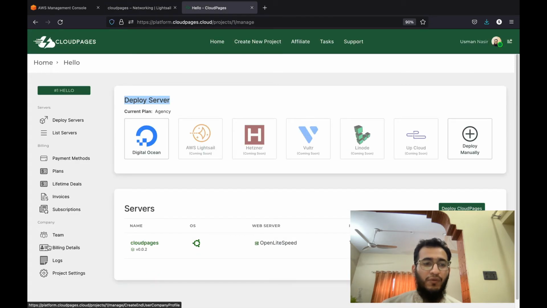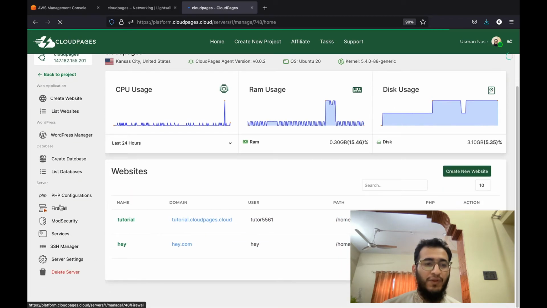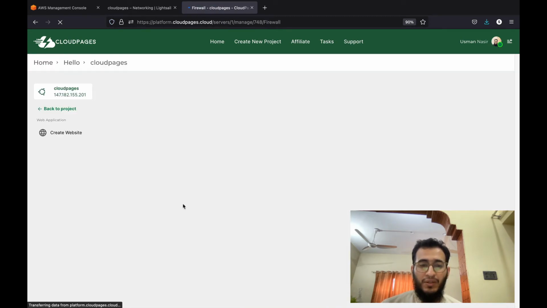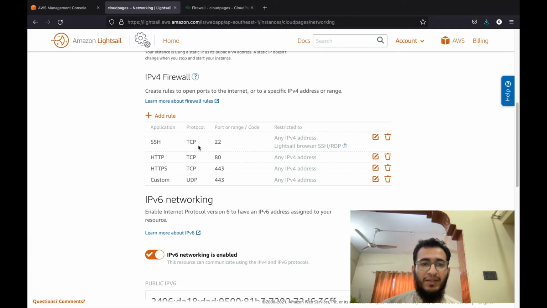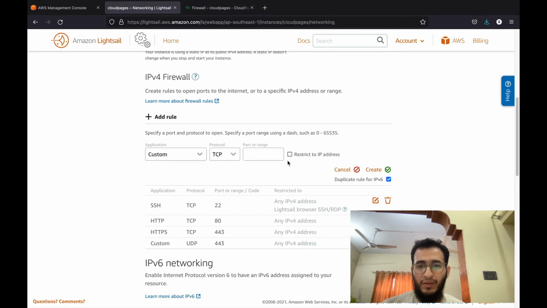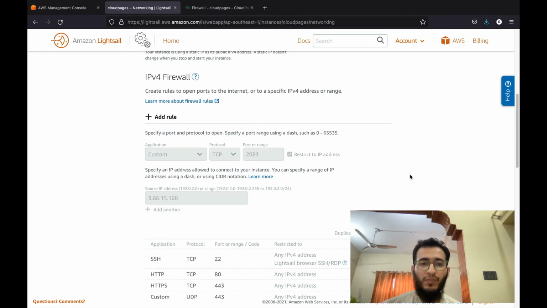we have to add one more port which CloudPages uses to communicate with your server. That port is 2083, but make sure to open it only to this specific IP, so that no one else can access this port. Restricted to specific IP, add 2083, and it's a TCP port. All right,